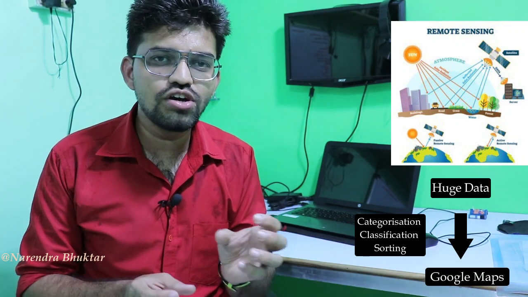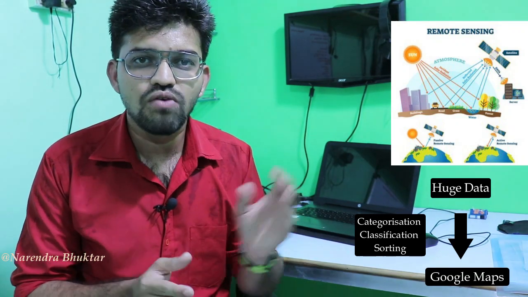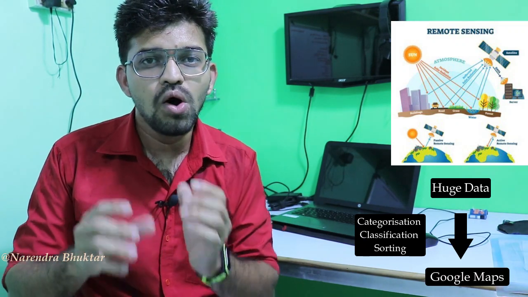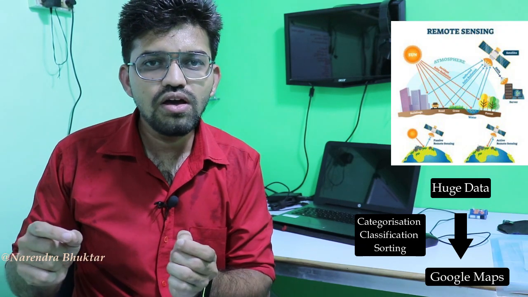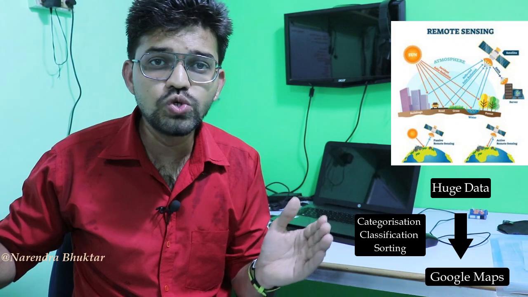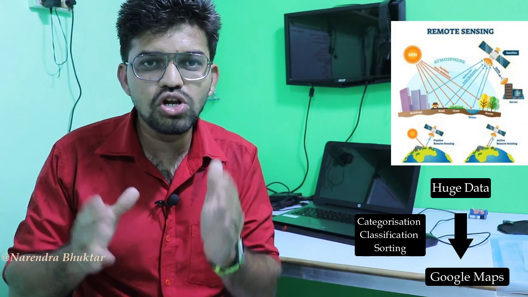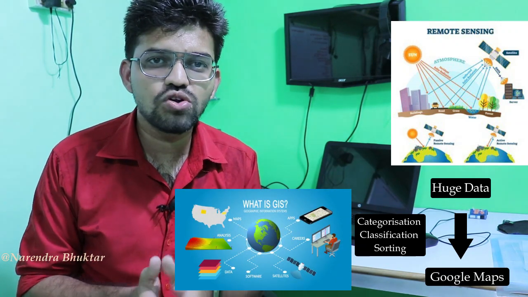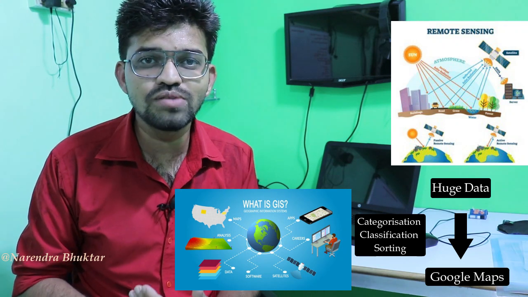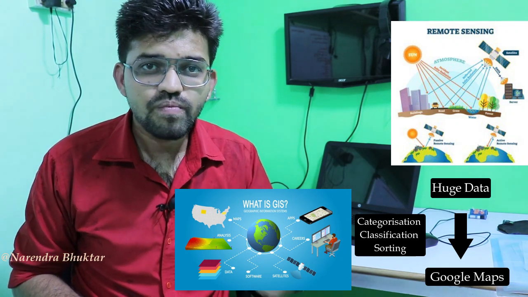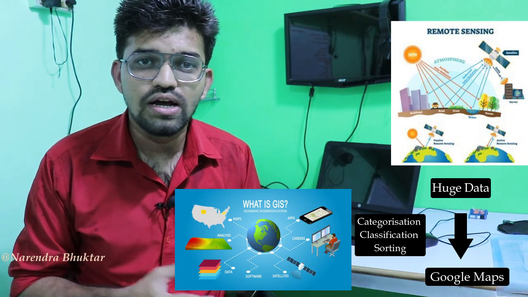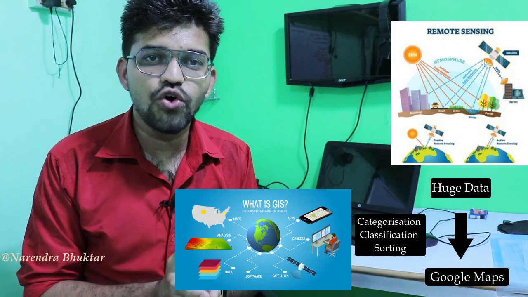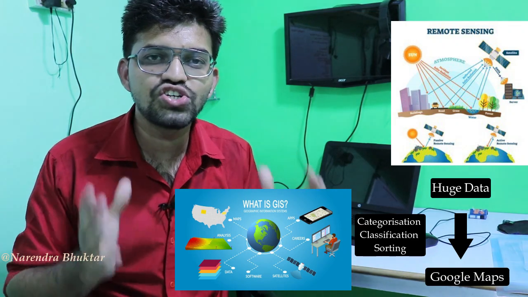So guys, basically the data which we are getting from the satellites, or to be precise from remote sensing, that huge amount of data we have to put across in a readable format that an end user can easily understand. That process can be carried out by using GIS. GIS stands for Geographic Information System. This system consists of different analytical tools, hardware, software, and the maps that we are using today. So in today's video we are going to learn about GIS.